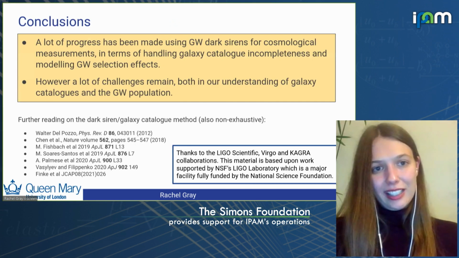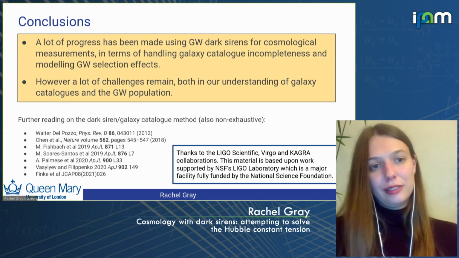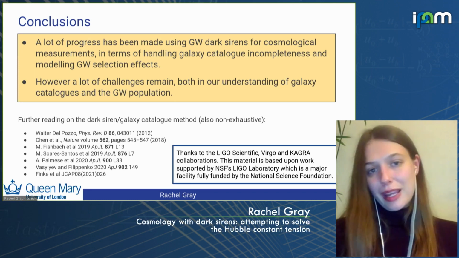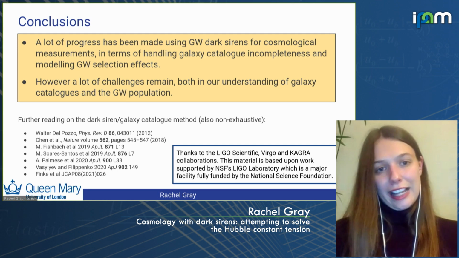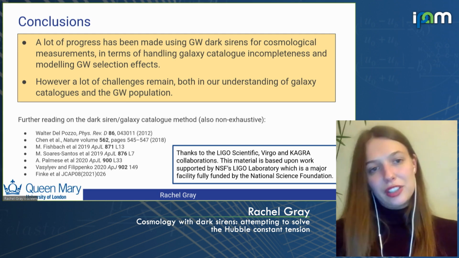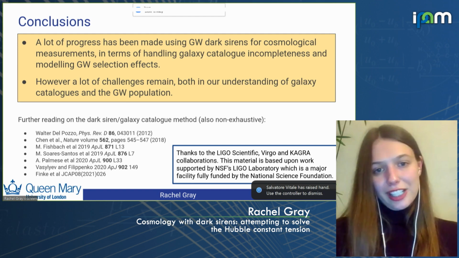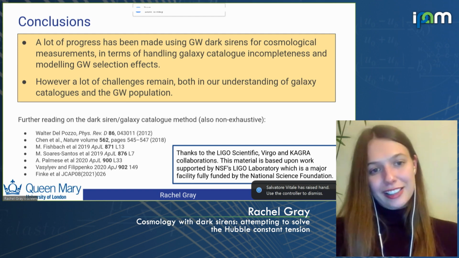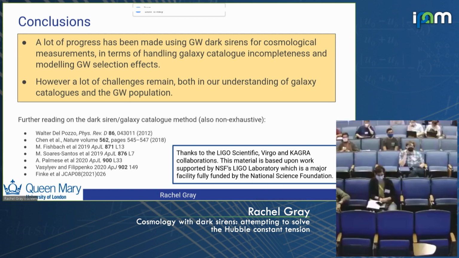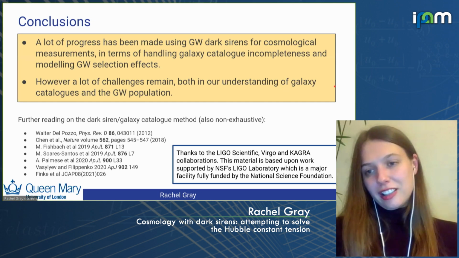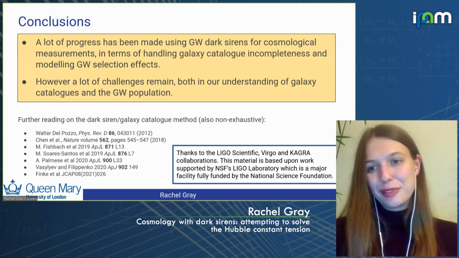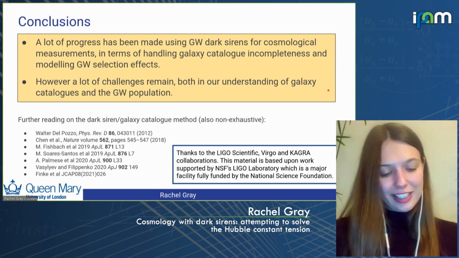And finally, just to conclude, basically, a lot of progress has been made in using gravitational wave dark sirens for cosmological measurements, both on the galaxy catalogue side and the gravitational wave population and selection effect side. But there are a lot of challenges remaining on both of those sides, which hopefully we will be able to address in the next few years before all of the fantastic